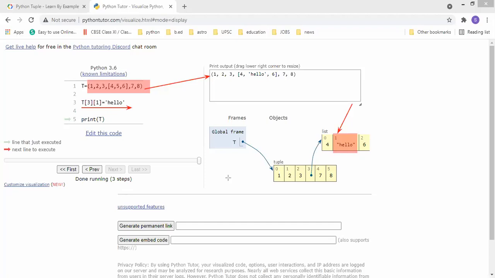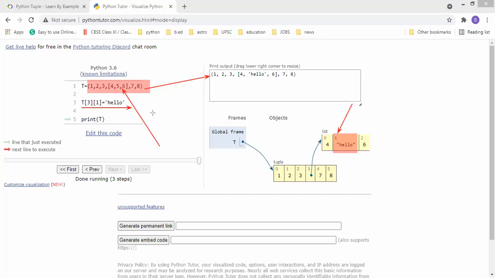But if they give programs like this, what is the output for this one? If you are accessing the next level item by mentioning this kind of address, kindly go through the program carefully, line by line execution, and give the address value and what is the type. So if it is a tuple, if this list is changed to a tuple, then you cannot change any item present in the next level also.